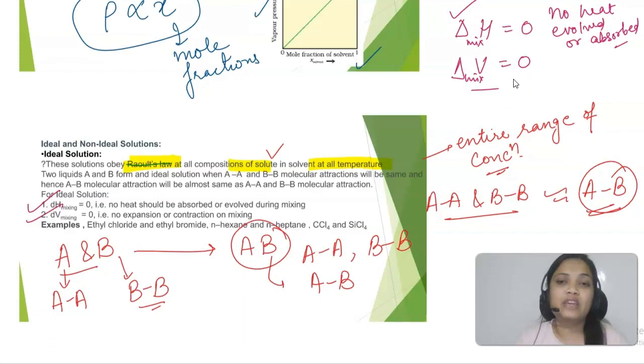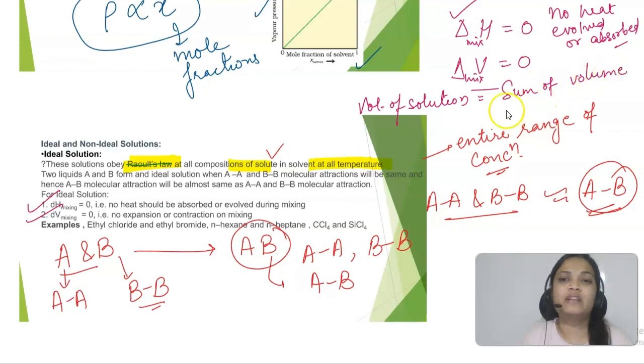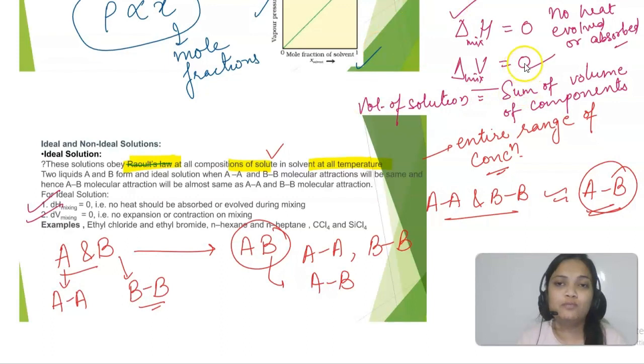Now that means that when we are mixing the two components, the volume of the solution would be equal to the sum of the volumes of the components. It will neither contract nor expand. That's the meaning. It will be equal to the sum of the volumes of the two components, so there would not be any volume change. See, I am saying that delta represents change. So there would not be any volume change, so it would be equal to 0. So those are the two main points that you have to remember: delta H and delta V mixing